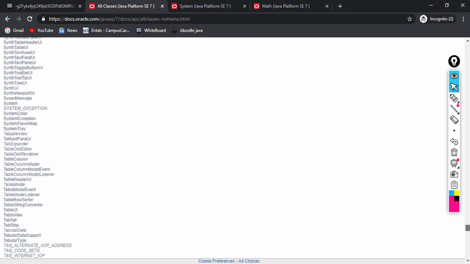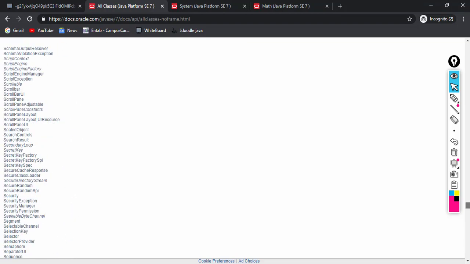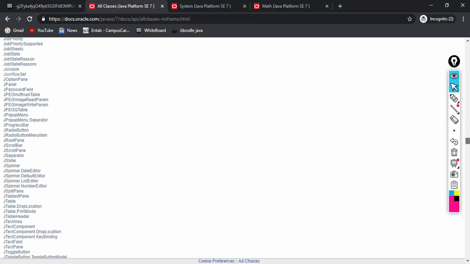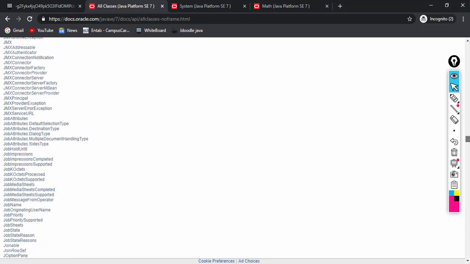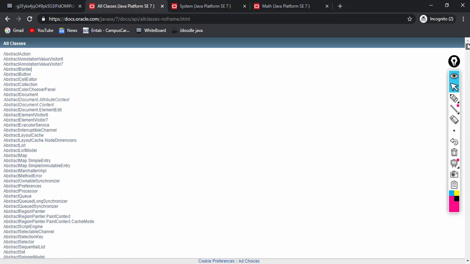Lots and lots of classes are pre-written in the Java library. For example, two of the most commonly used classes are System and Math.